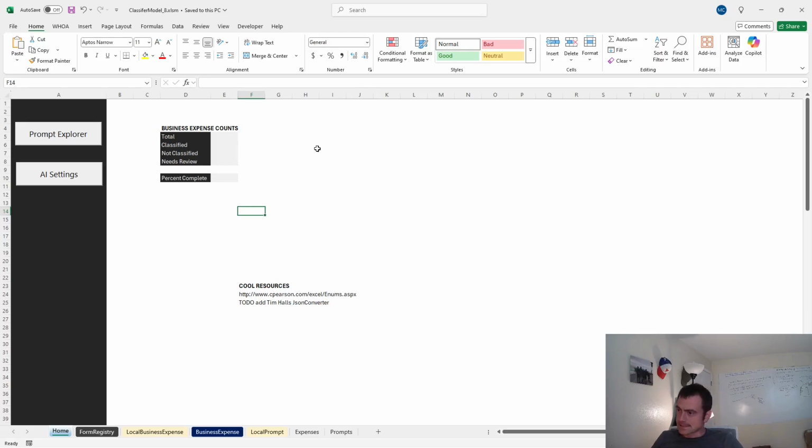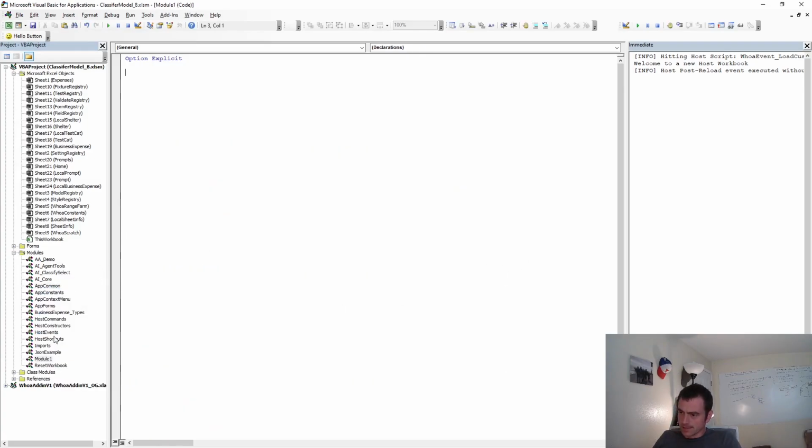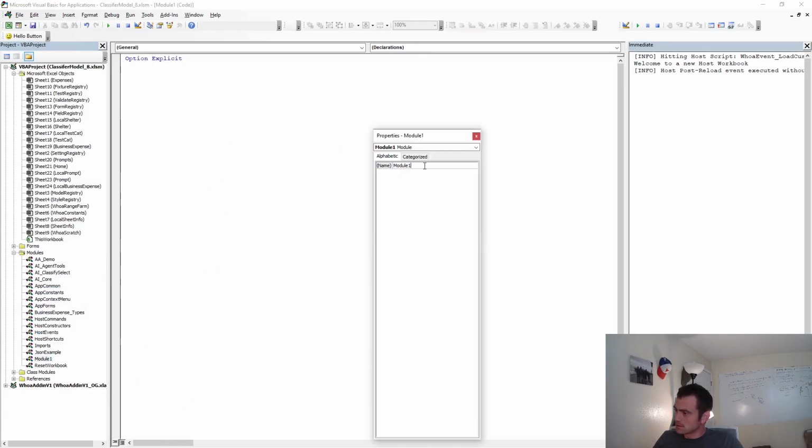Okay, the next thing that we are going to do is build some UDFs. UDF is user defined functions. They're custom formulas. So we're going to do the count of total expenses, classified, not classified, needs review, and percent complete. Okay, so let's insert a module. And let's name this module business expense